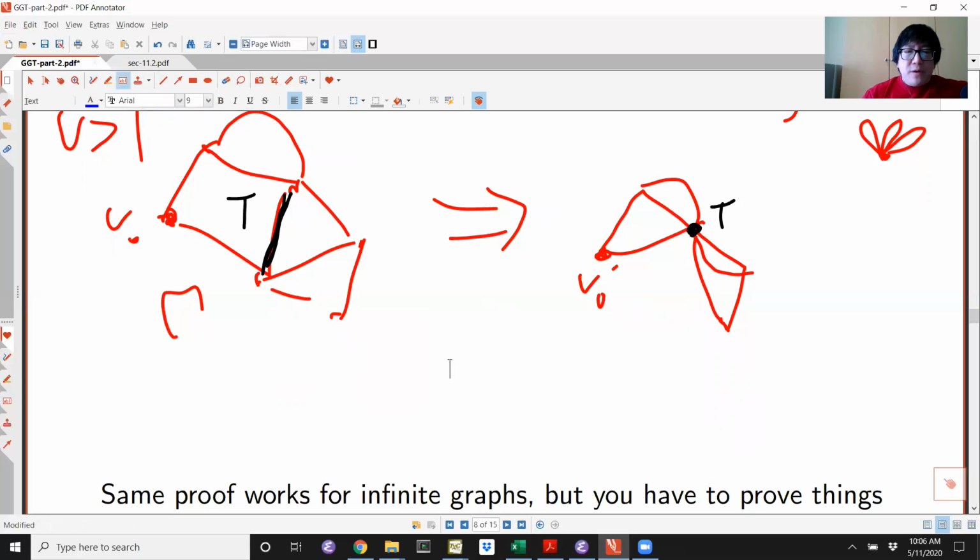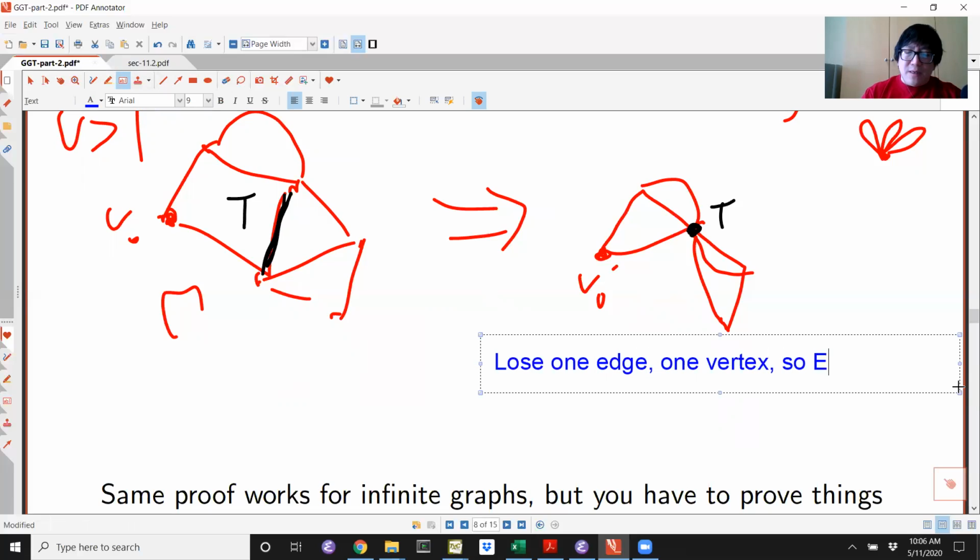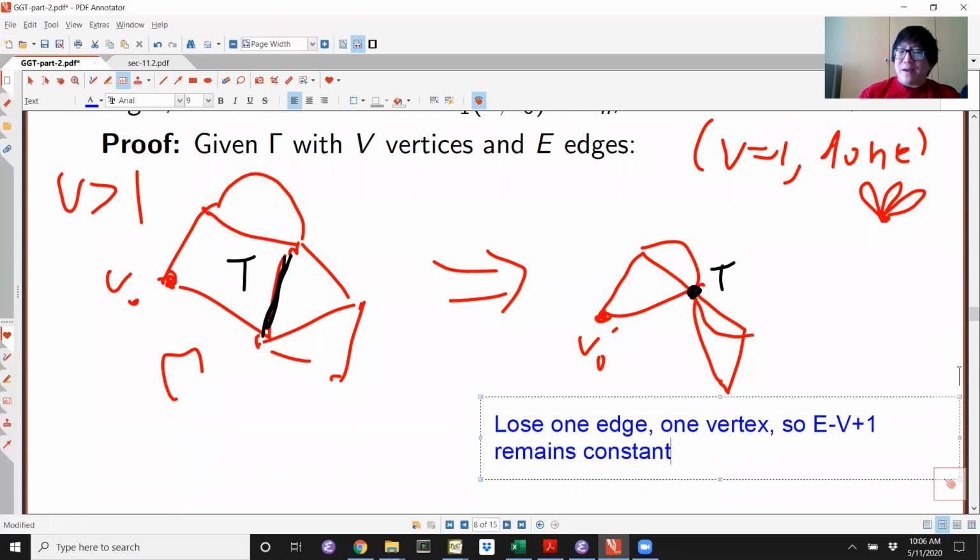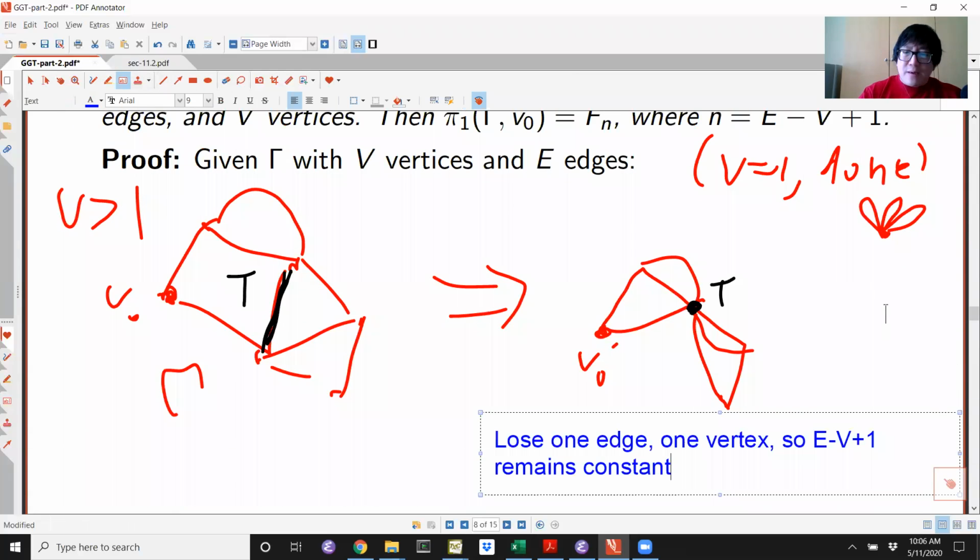What happens now is that when we reduce E minus, we lose one edge and one vertex. So E minus V plus 1 remains constant. That's interesting, right? Some of you may, actually, let me,